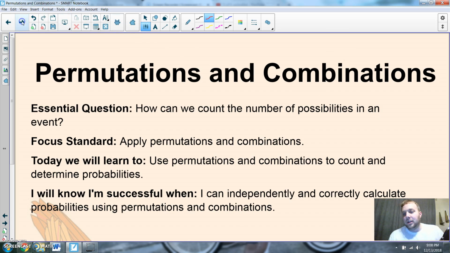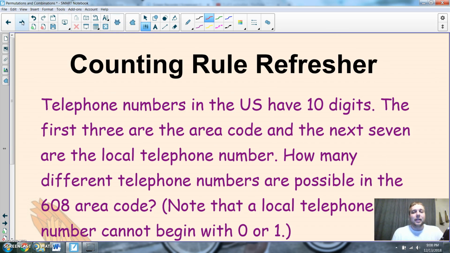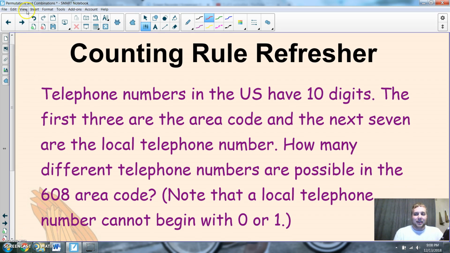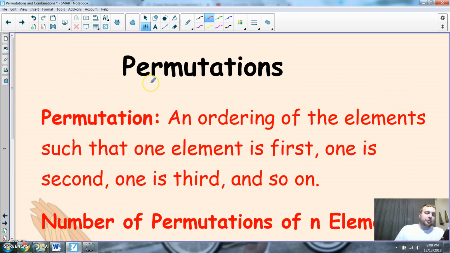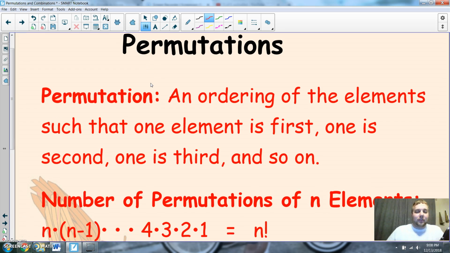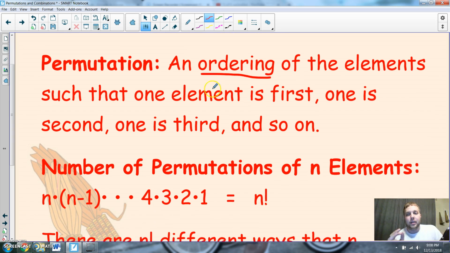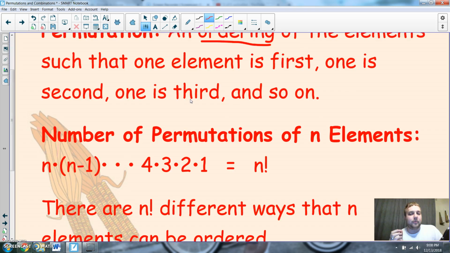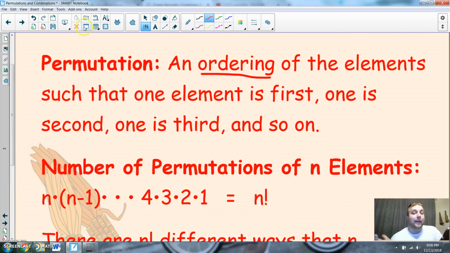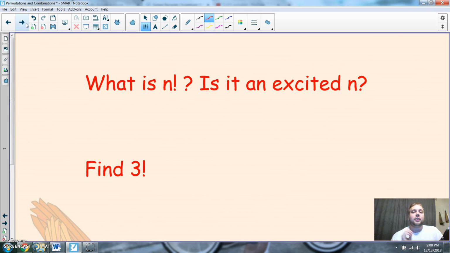Alright, so okay, counting rule refresher. I'm going to skip over this because it's kind of wasting our time. Alright, okay, permutations. We talked about this yesterday. Remember, permutations, there's order. There's a ranking, I like to call it, in it. Combinations, there is no rank. So I want you to think through this